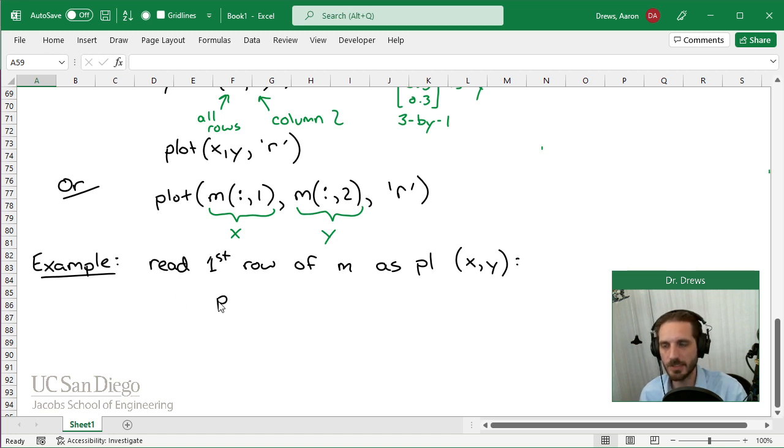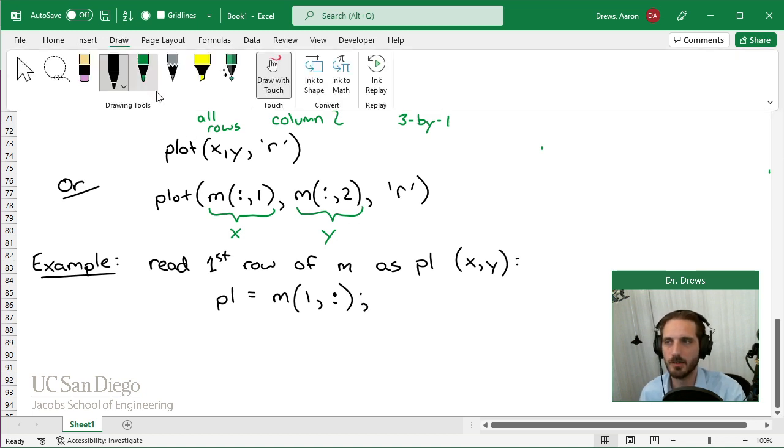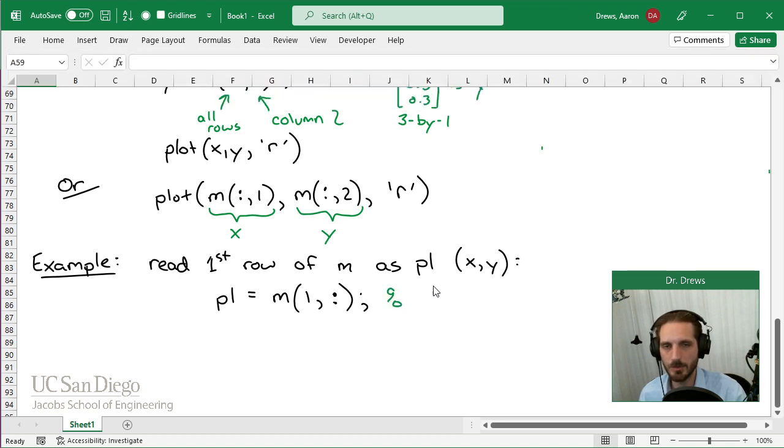Well, we could say P1 is equal to M, and now we don't want all rows, we want the first row, only the first row, but we do want all of the columns, which in this case happens to be both of the columns. So we could say a double colon here, and that would extract the first row of M, and the end result would be that P1 would look exactly like 0.1 and 0,